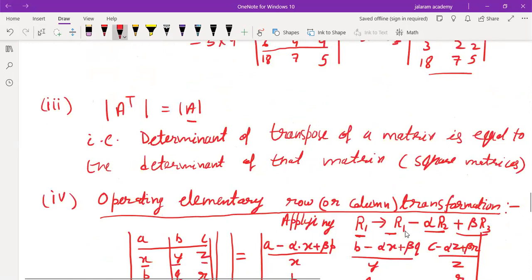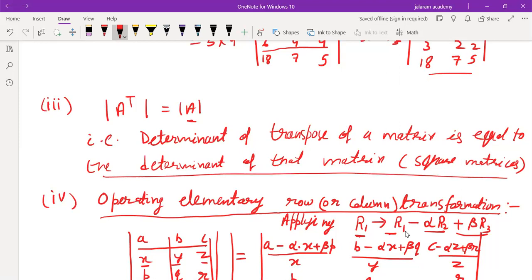Now, as we know that if we expand a determinant column wise or row wise, it is giving the same result. It means that if we interchange the columns and rows, means if a transpose of a determinant is obtained, it will give the same determinant as its original matrix. So determinant of transpose of a matrix is always equal to the determinant of that matrix. And we know that determinants can be found only when it is a square matrix.